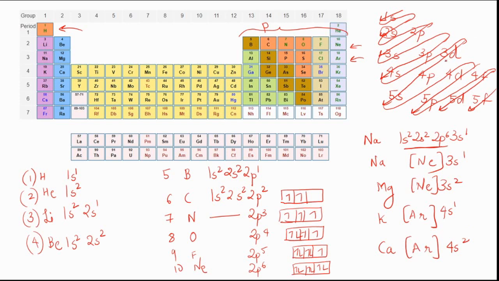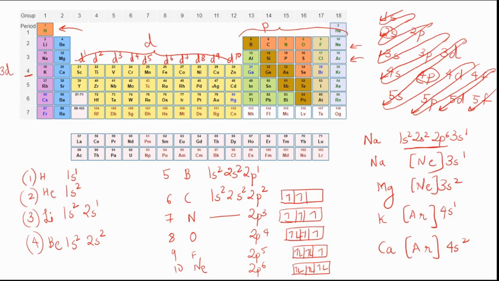After we are done filling 4s, next we'll be filling the d electrons. Now this is where we have started filling the d block. If you see for the fourth period, we are filling the 3d electrons. Successively we'll be filling 3d1, 3d2, 3d3, 4 and 5. Here we'll have a half filled stability, then d6, d7, d8, d9 and d10. After the d electrons are filled, we'll be filling the 4p electrons, and till krypton it will be 4p6.